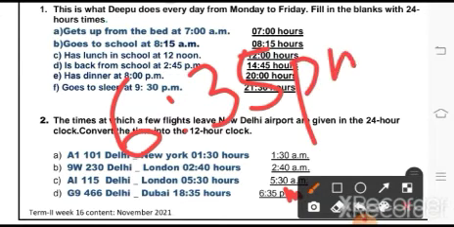6:35 p.m. So what we have done, we have converted here 24-hour clock to 12-hour clock. Here we need to keep in mind, if the given time is less than 12, then nothing is to be done, only hours is to be replaced by a.m. But if the given time is more than 12, then 12 is to be subtracted from the given time.